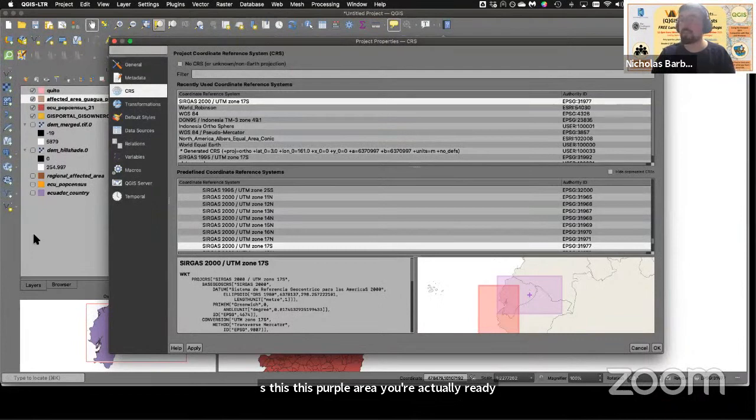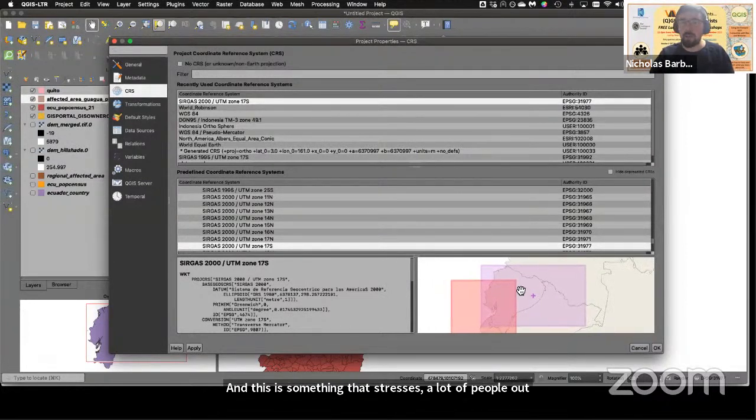And in some cases, the overall trend of our data actually extends beyond the accepted tolerance for this projection system. And this is something that stresses a lot of people out. You may say, oh my gosh, how do I find a projection system that actually encompasses my whole area? Especially if your particular layer doesn't obey national boundaries, how do you select the right projection system? My answer to that concern would be,